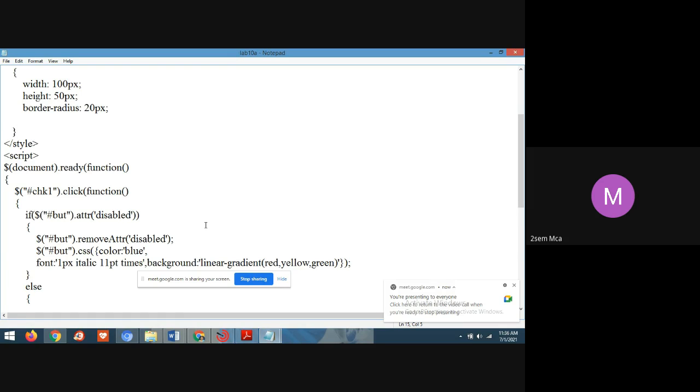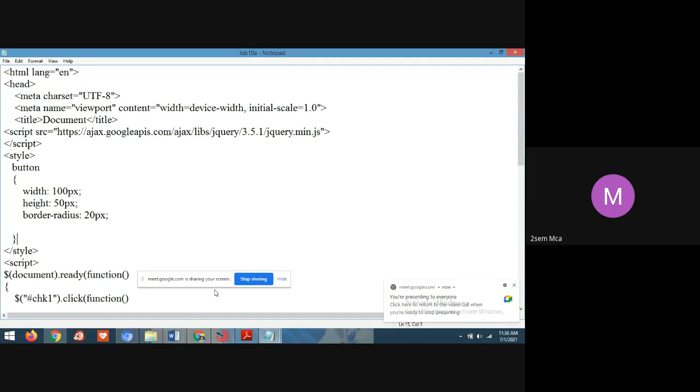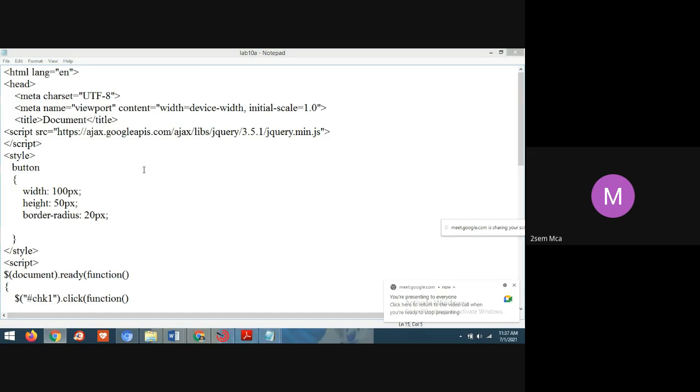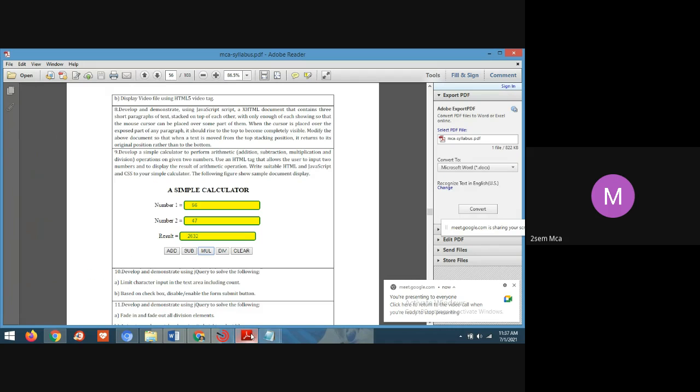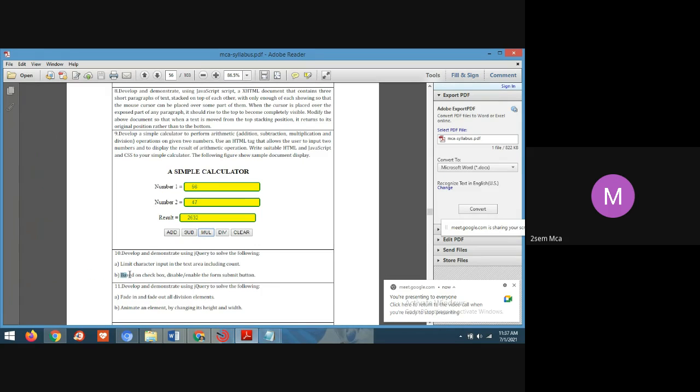So Akrit is asking how you are getting those colors. Yes, I'll explain the code. See here, this is the jQuery program, students. In jQuery, the question is based on the checkbox. You need to enable and disable the button in a form. You need to enable and disable the form submit button.